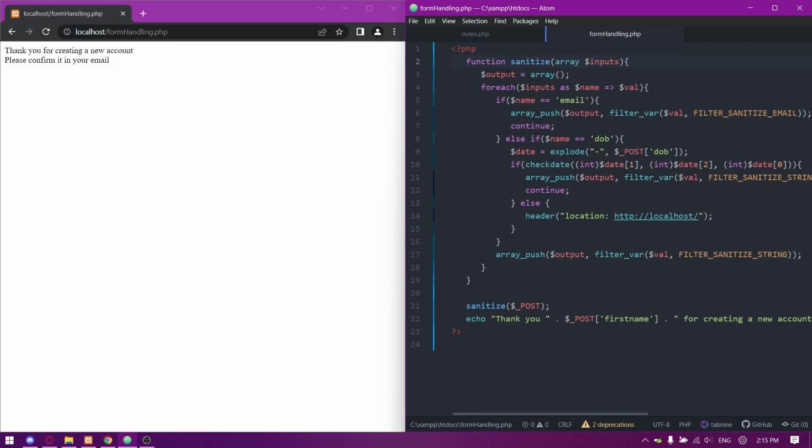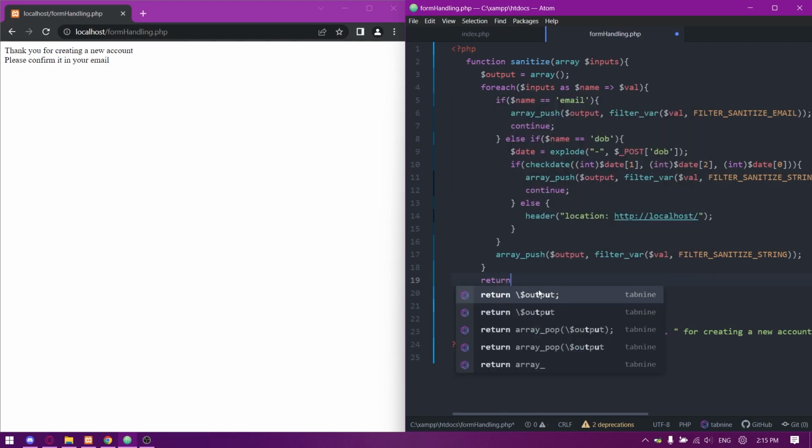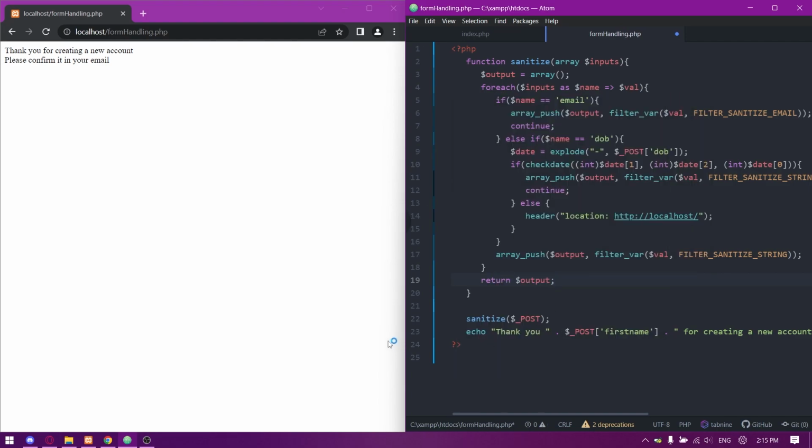So to avoid that, we created this array right here, output, and then for each, we're pushing each value into the array right here. So the array push, it's we're taking the filtered variable and we're putting it into the output array, and then at the end of the loop right here, we return the output, and then we can do var